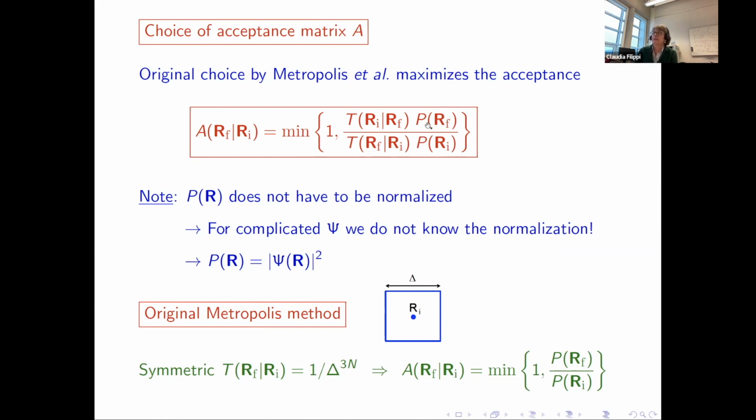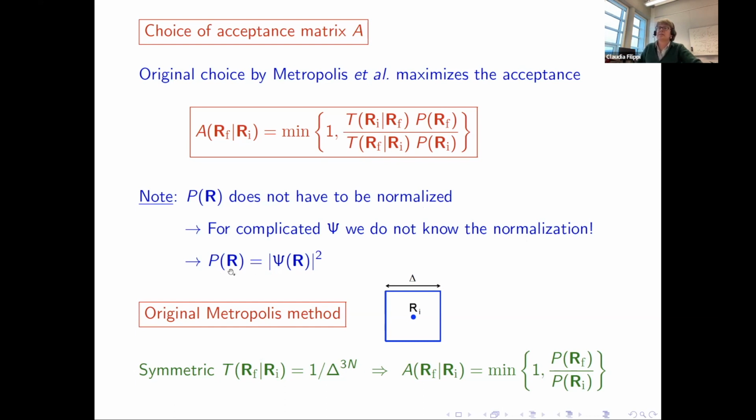Now, a nice aspect of this acceptance is that it contains essentially the ratio of P. That's very nice because if you have the wave function squared divided by the norm, that norm is an integral, so we go in an infinite loop. How do we compute that integral, especially if the wave function is something complicated depending on interelectronic coordinates? But if you have a ratio, that cancels out. So I don't need to know the normalization to actually perform Metropolis.